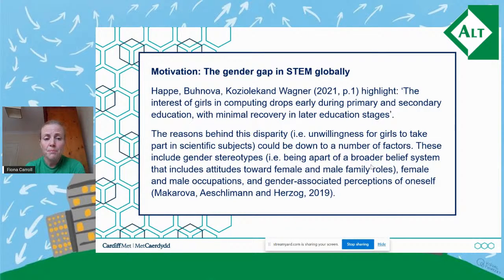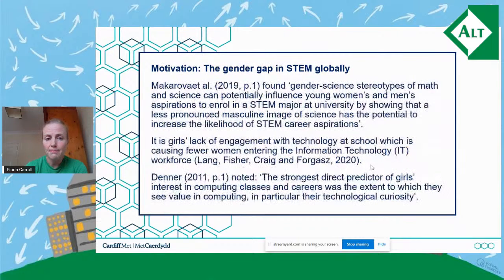which we did. And there's many different, as I said, this has been the talk for the last 20 years. As long as I've been in HE schools of computing, this has been the talk. So there's been lots of research done, and lots of reasons found. Some of them are tied with that gender science stereotype, and